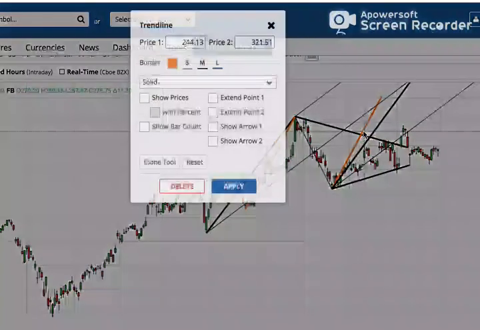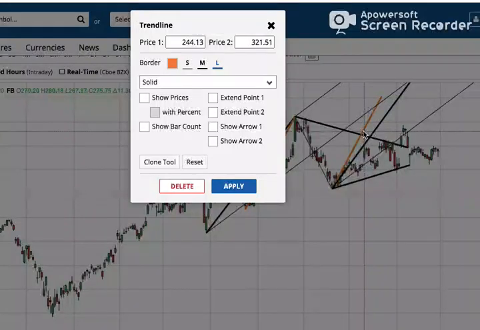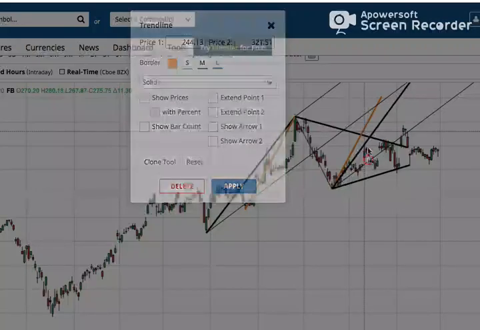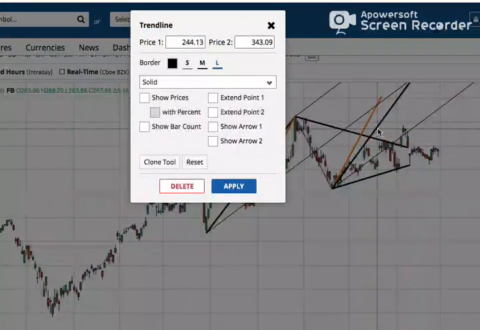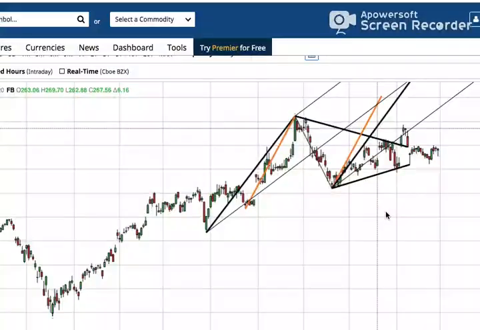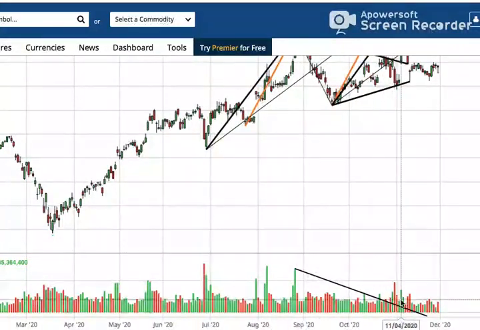The equal X target is 321. And by the end of the year, as possible, I believe, by mid-January, 321 will be breached. And then the further target of 343, I expect to be reached by the end of January, possibly by mid-February at the latest. Okay, declining volume confirms bullish consolidation.